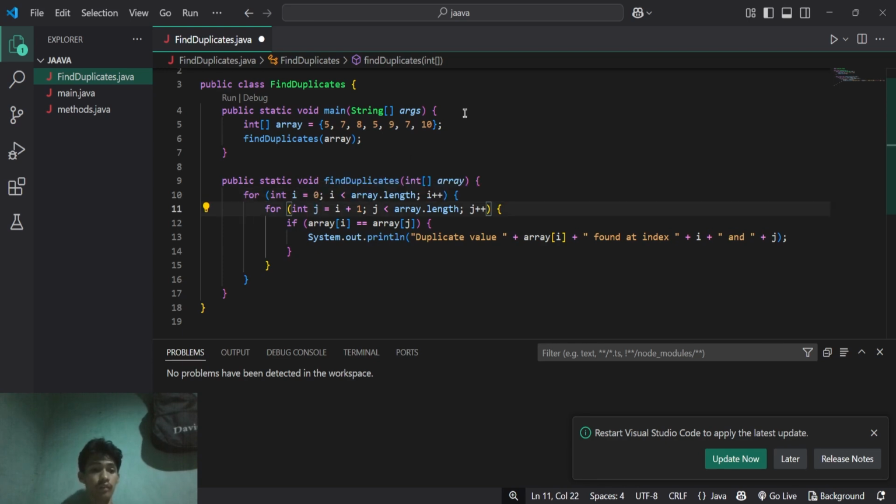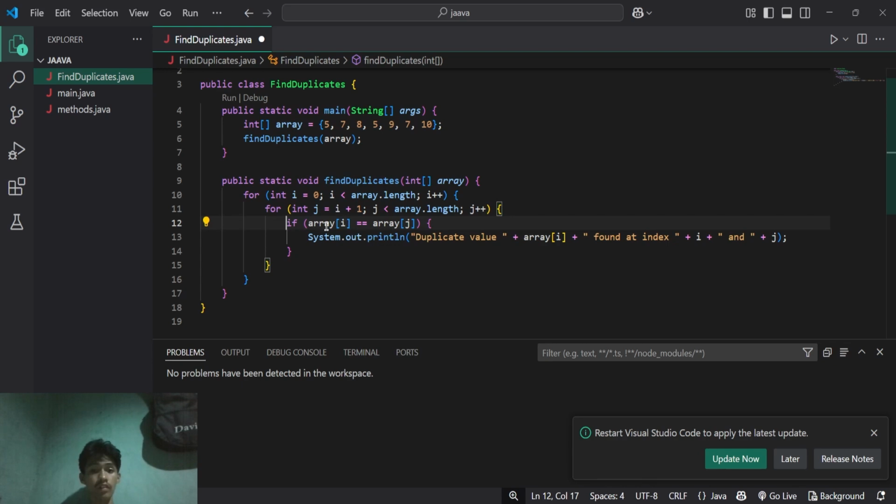The inner loop is checking for duplicates. This loop starts at i plus 1, ensuring each element is compared only with the elements after it. This prevents redundant comparisons. Then this if statement here checks for duplicate values.